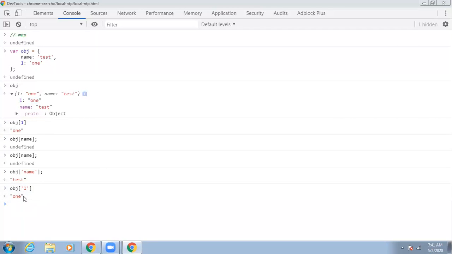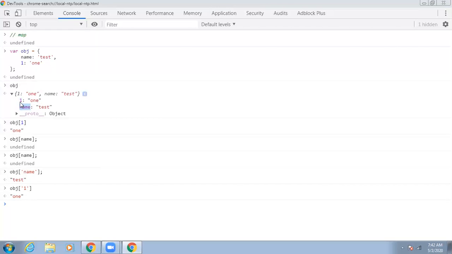So this is one of the drawbacks. What I mean to say is that an object is key value pairs. This is the key and this is the value. Every key of an object is going to be stored in a string format.